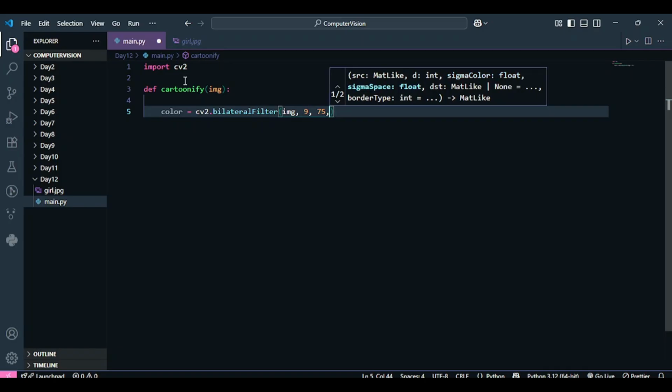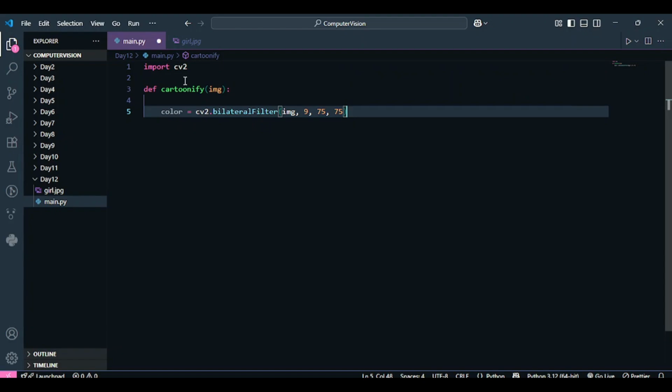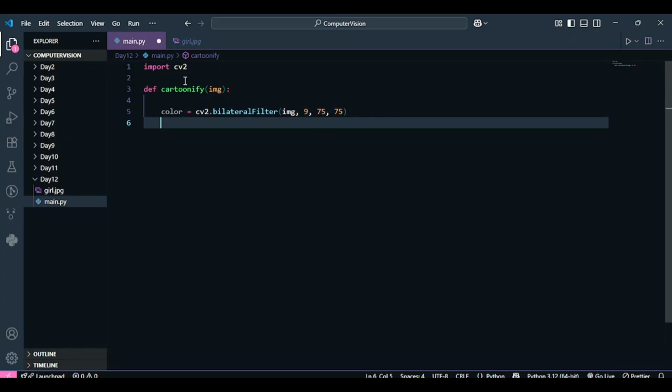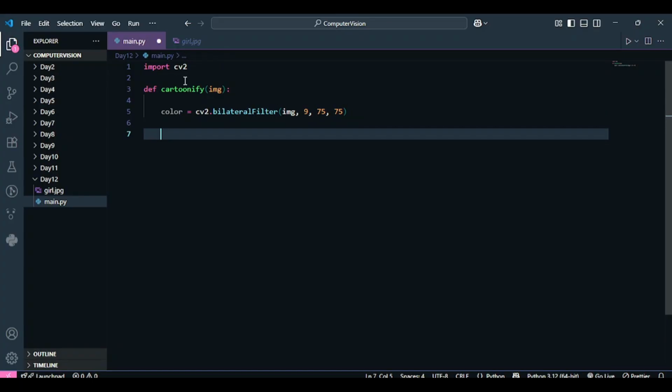Sigma color is basically how much color difference is acceptable. The higher the value, the more smoothening of the colors it will do. Then I have to tell it the sigma space, which means how much difference between the pixels is acceptable. This bilateral filter is going to return an image in which it smoothens out or flattens the colors, because to give it a cartoonification or flat effect, I have to apply this filter on top of my image so that I get that cartoonified effect.